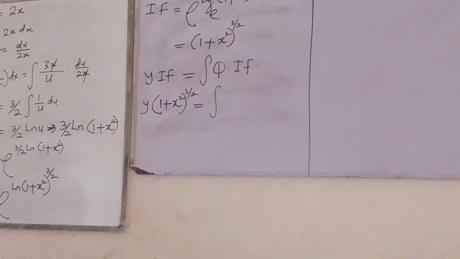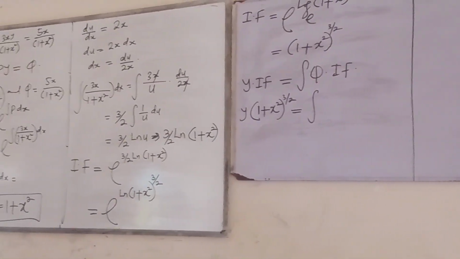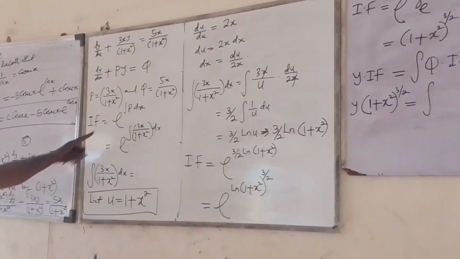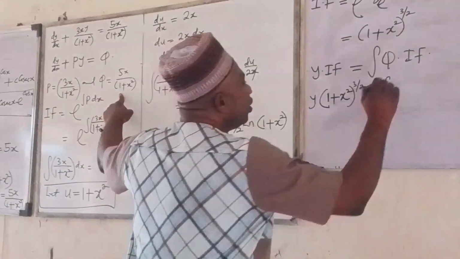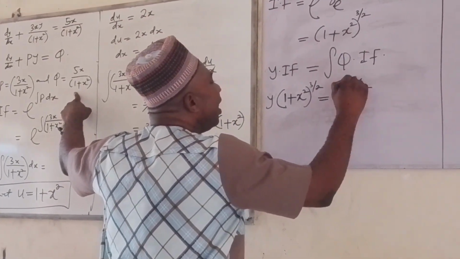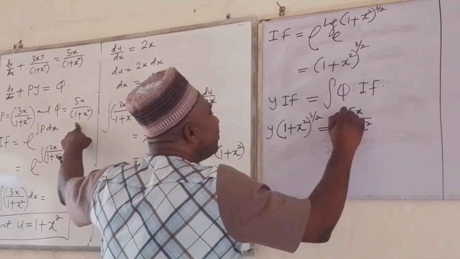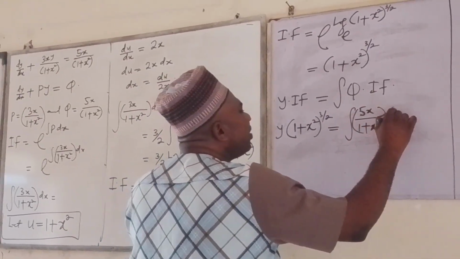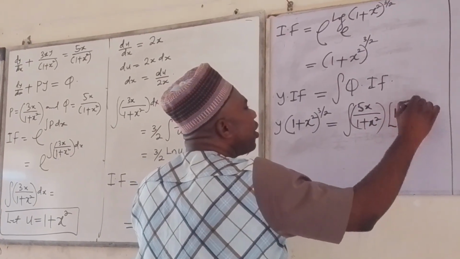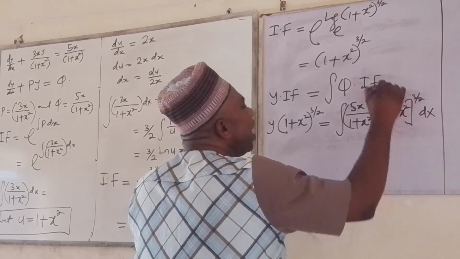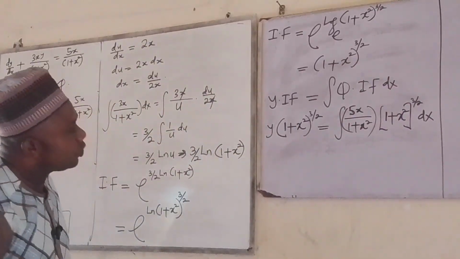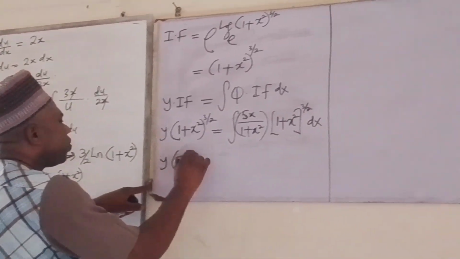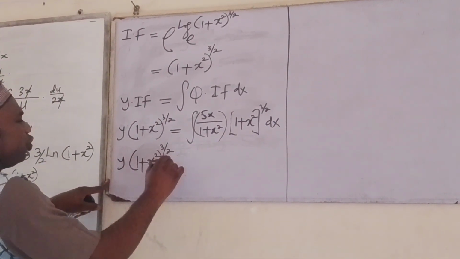integral. Now the value of q. Remember we said let q be equal to 5x all over 1 plus x squared. That's the value of q. Then times the integrating factor, which is 1 plus x squared all raised to the power of 3 all over 2. Then here we have the dx. So it means the whole of this, y in bracket 1 plus x squared all raised to the power of 3 all over 2, will be equal to